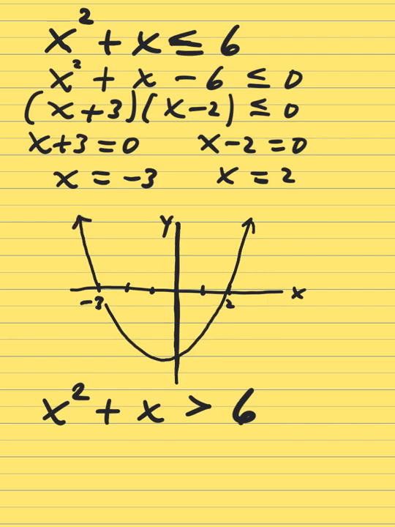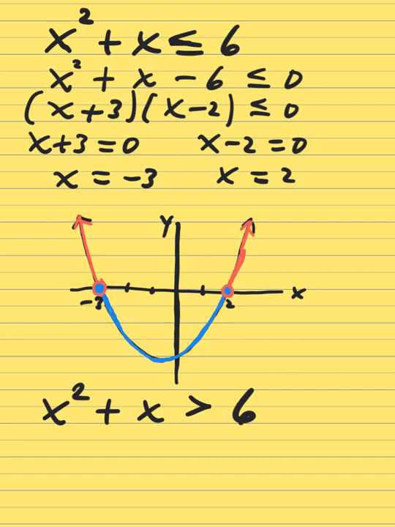Now this one has an inequality of less than or equal to 0. The or equal to tells us to include the x-intercepts. Less than is to include this part. Less than or equal to. Now if you look down at the second example, like I did on the first slide, all I did was reverse the inequality. Strictly greater than would be don't include the x-intercept and look at the parts above